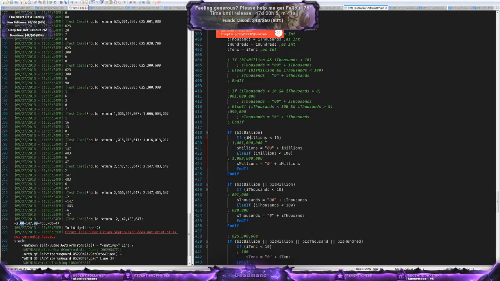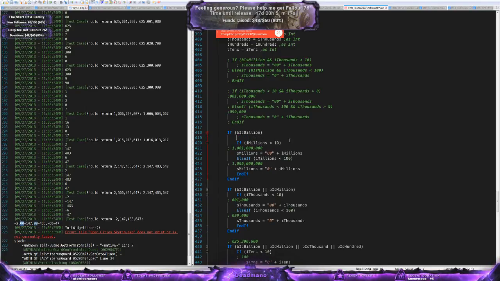If millions are less than 10, obviously it's going to be less than 10 because -147 is less than 10. We need to check for and greater than -1. I think we just need an entire if statement for all of these stating